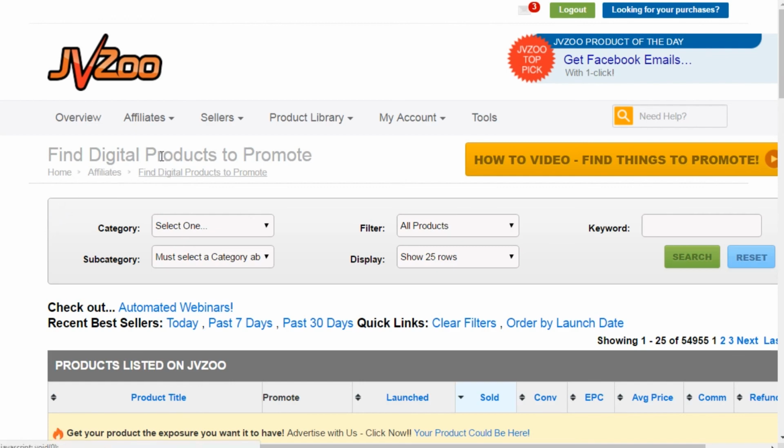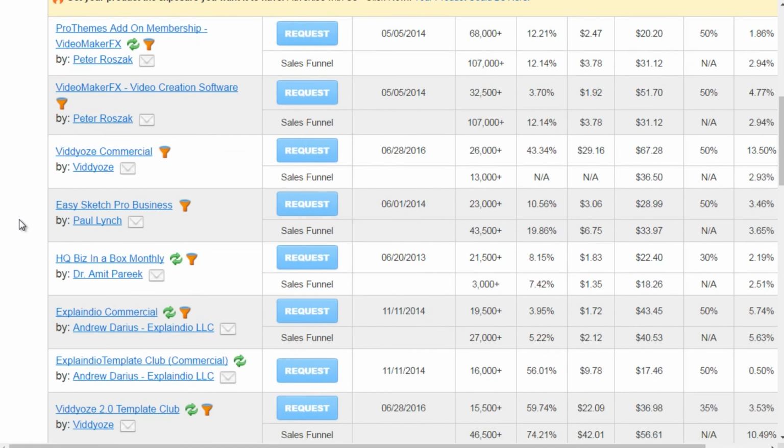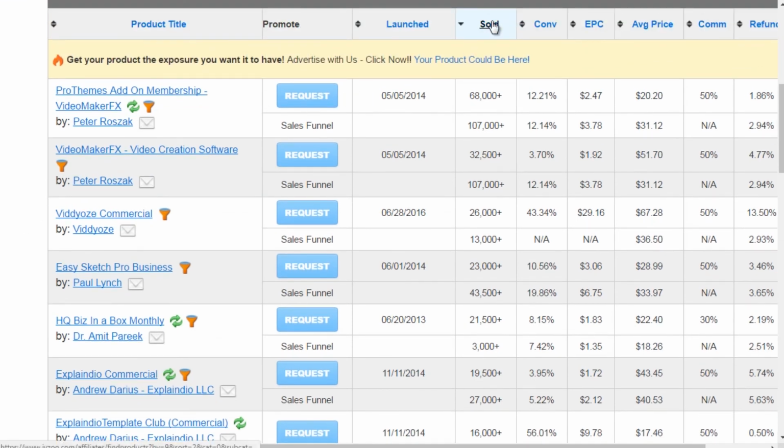Obviously in this case we're looking for vendors, but this gives us good data to get an idea of what products are being sold, the conversion rate, the EPC, in other words the earnings per click, and the refund rate. If you've got a product that is doing really well, but they have a 10, 25% refund rate or above, then you might want to